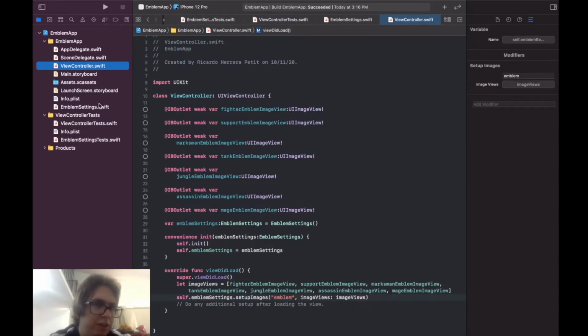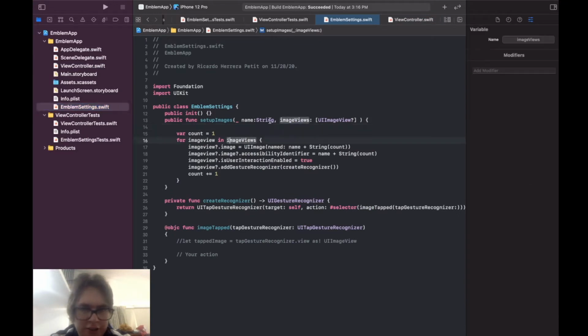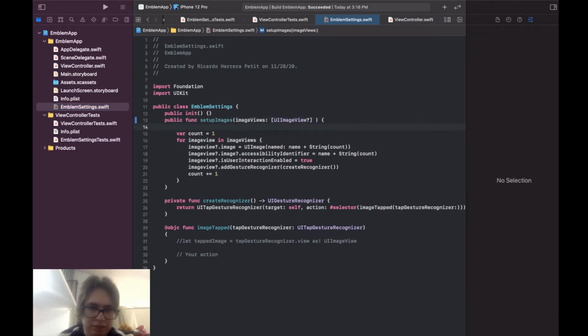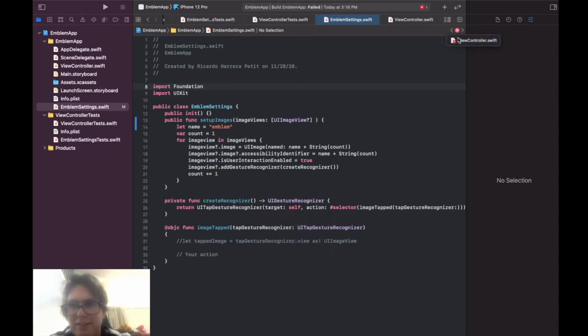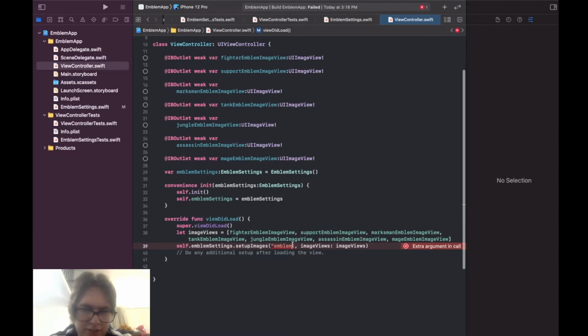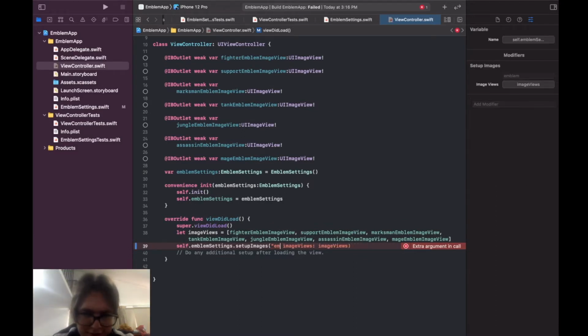So first of all, what I'm going to do here is I'm going to erase this name, and I'm going to make it the private name here. So it should only be here. The emblem settings should be the only one who knows about the emblem, right? And now what happens is that on my view controller, now I have this problem, right? So I just erase it here, Command U,